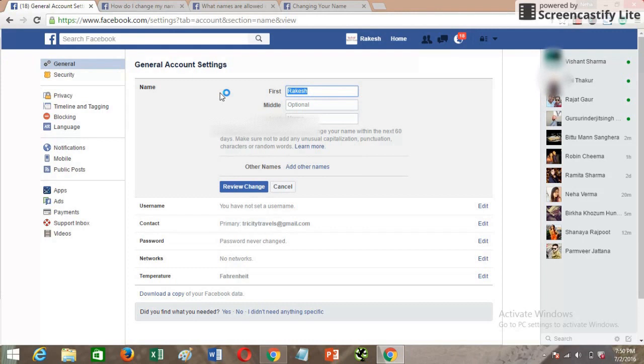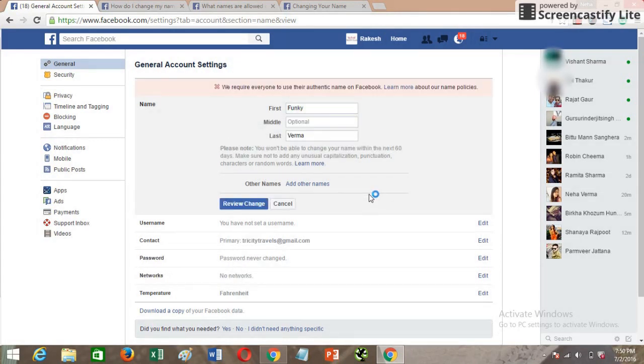Otherwise, for example, if I use any adjective out here, maybe, and click on review change, it will not allow me because Facebook name policy is too strict these days, and you will be able to change the name only if you are using a genuine name, right? So sometimes people, when creating a Facebook account, might misspell their names. So it's very important that you can change the name from here, but make sure that once you change your name, you won't be able to change it for the next 60 days. You won't be able to change that name.